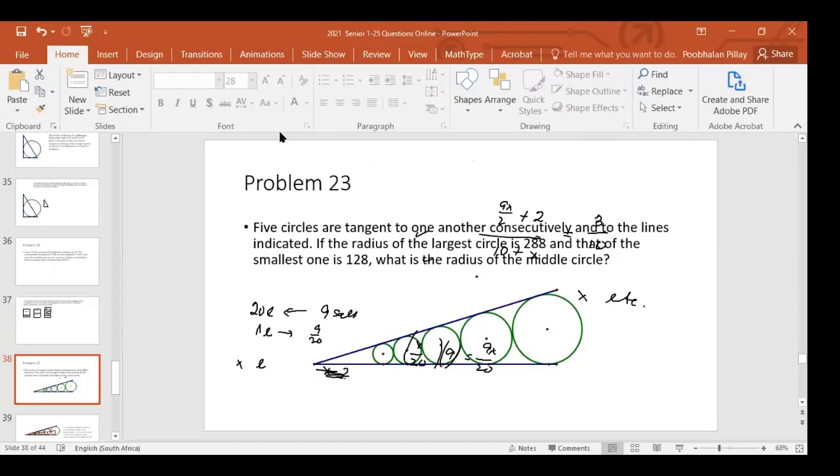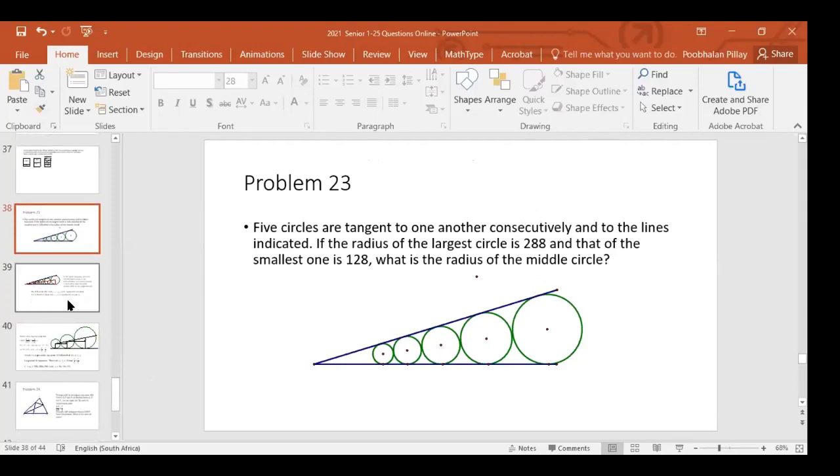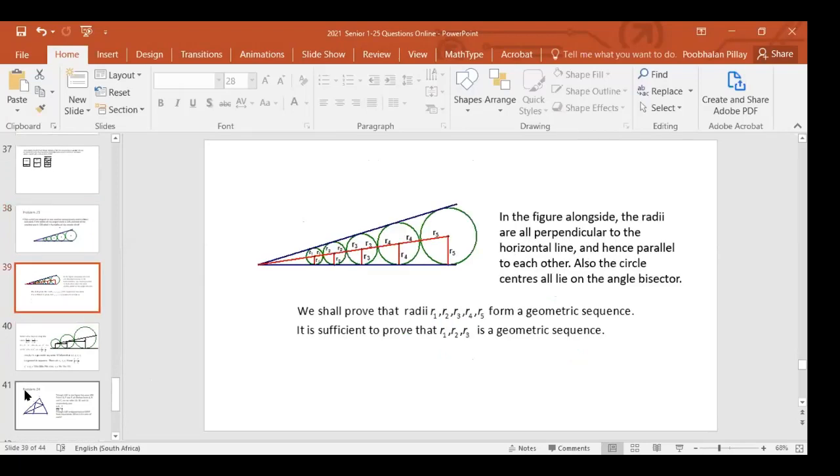As I said, these problems get quite difficult. The next one here is very difficult actually, so I'm just going to skip that. But what I'm going to do is show it to you on the screen, so you can have a look at that and try it out on your own, because I've got the whole thing written up.